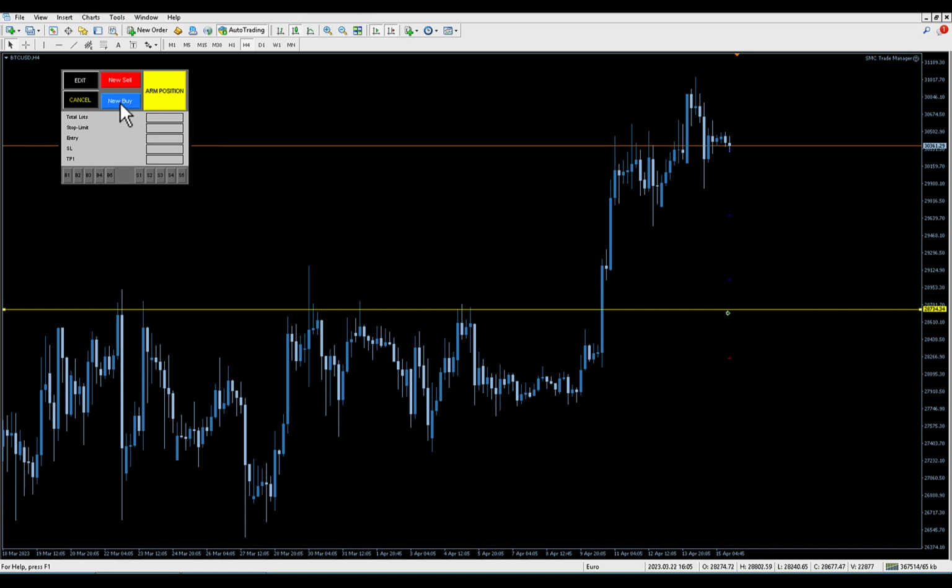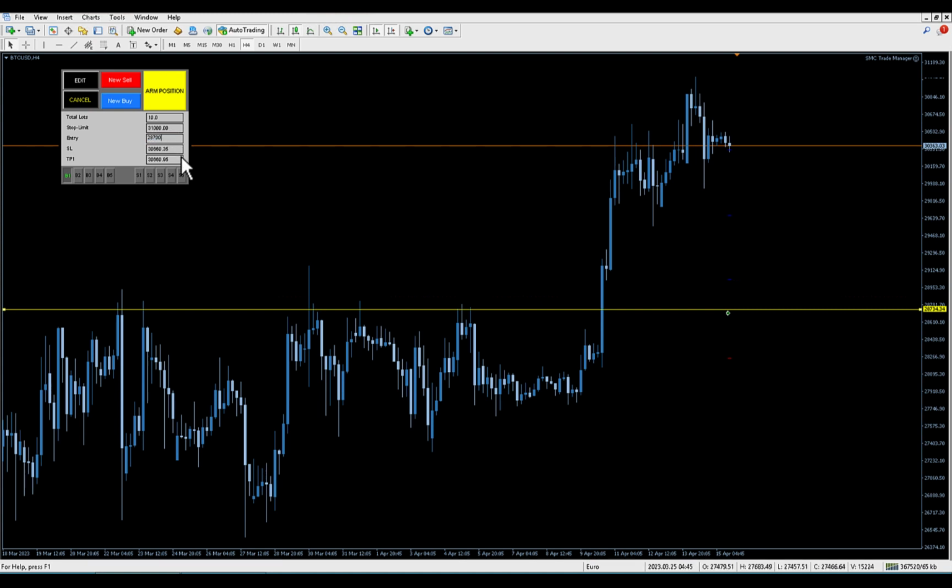Now, let's say that we want to try the stop limit order. We will do the same, new buy. The only difference is we are going to set the parameters different than 0 in this panel. Our price for our buy stop limit order should be greater than the current price. Let's say that we want confirmation about 31,000K for Bitcoin. And we're going to use the same parameters as before,